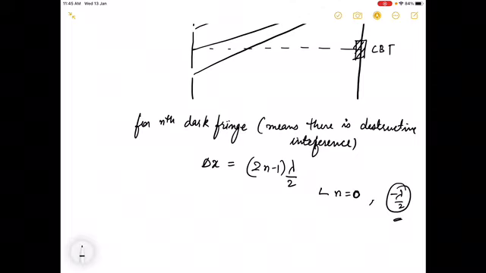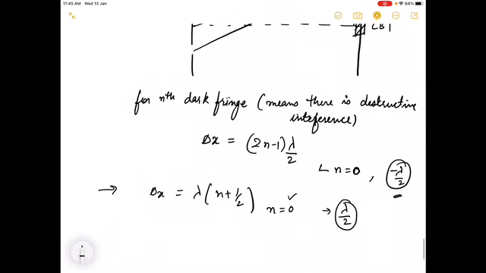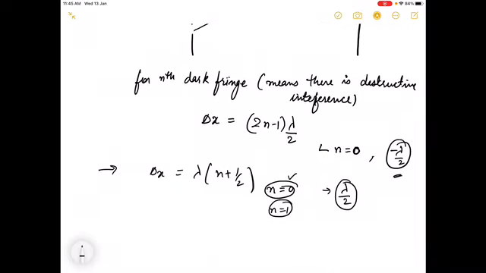Now in the previous video, when I talked about destructive interference, right, उसमें मैंने बोला था the path difference for destructive interference is actually lambda times n plus half. Yes or no? Lambda times n plus half, right? So here my n was starting from 0, right? So n starts with 0 and the first term comes out to be lambda by 2, which is perfect, which is correct, right? But you have to understand here, n is not 0, n is starting from 1. So if n is starting from 1, you have to modify your equation to this one, right? So here you can see, if you start your n with 1, the first term comes out to be lambda by 2, right? So both are same, right?